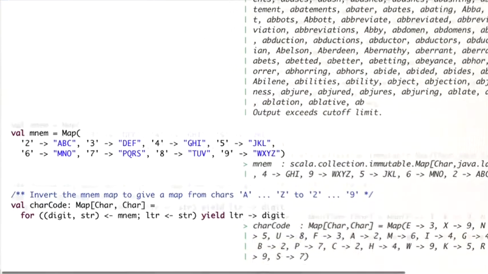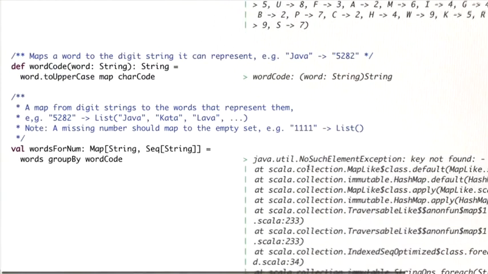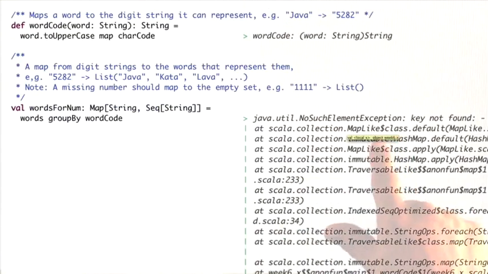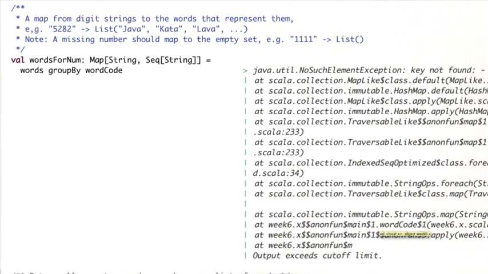So let's see what the worksheet gives us. Otherwise, we see here a no such element exception, that a key was not found, and the key not found was a minus. Let's try to track that down. What we see here is a stack of methods that all came from the collection hierarchies. And then the first method that we wrote was wordCode itself. So it seems that in wordCode, we